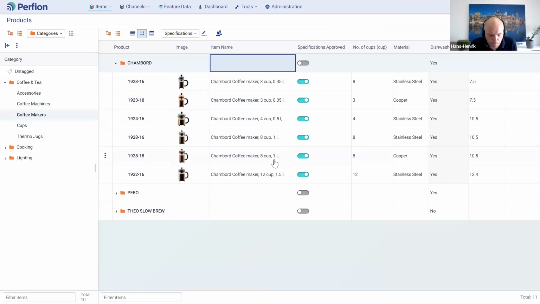A typical Perfume customer would be a small, medium-sized company. Basically, we say in rough terms, someone that is using Dynamics BC, Dynamics FO, that kind of company, that size. They usually have complex products to some degree.